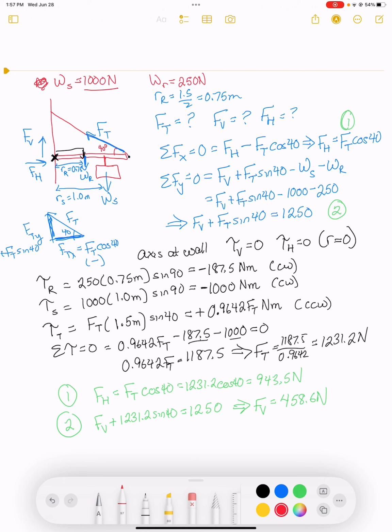The last step is to go back and look at the numbers and check the sig figs. It looks like I've got two significant figures in everything, so I should round these off to 1200 newtons for F_T, 940 newtons for F_H, and 460 newtons for F_V. Okay, so hopefully that sign problem made sense, and you should go back and calculate